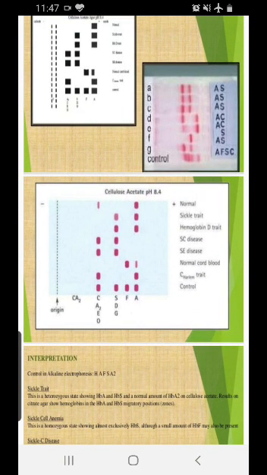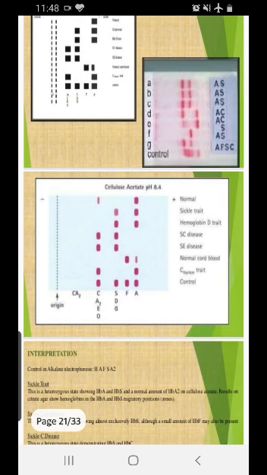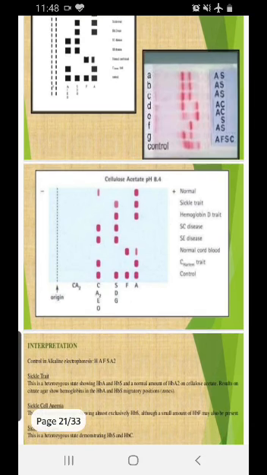Now the next one, if you want to see sickle cell disease, what will happen? You will have a band in HbF and sickle cell, and in the sickle cell disease HbA will be missing. That is when you call it sickle cell disease. And the next one is hemoglobin D. You will have a band in A and D. You will see that S, D and G migrate and stop at the same point. So in this particular case, you cannot differentiate whether this band is S, D or G. So it might be difficult for us to understand whether this is sickle cell or a hemoglobin D trait.